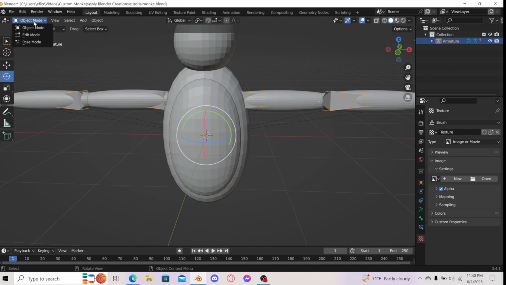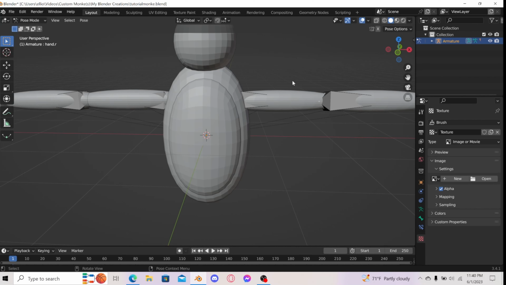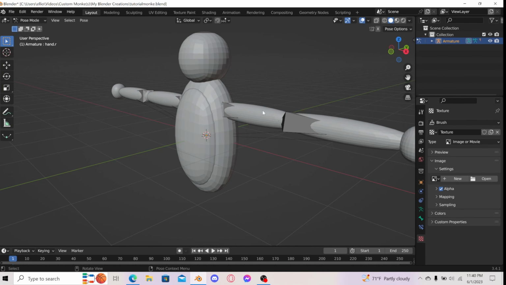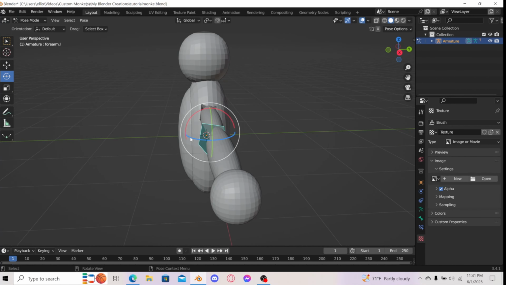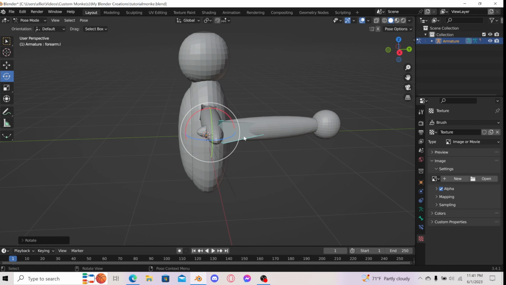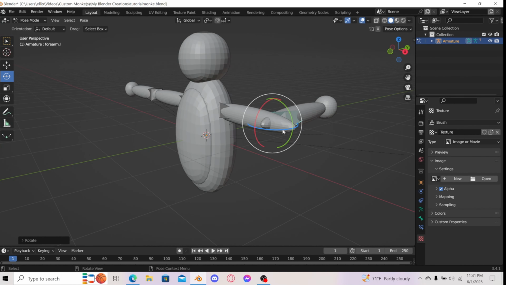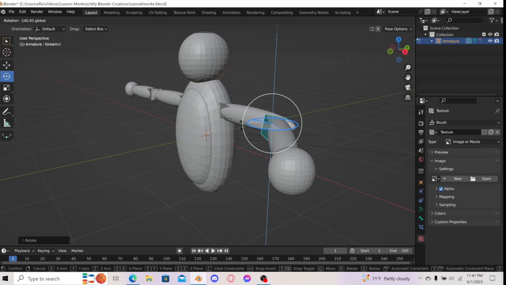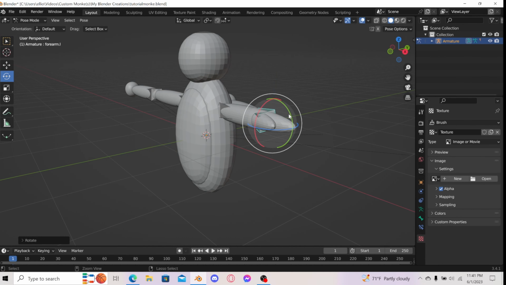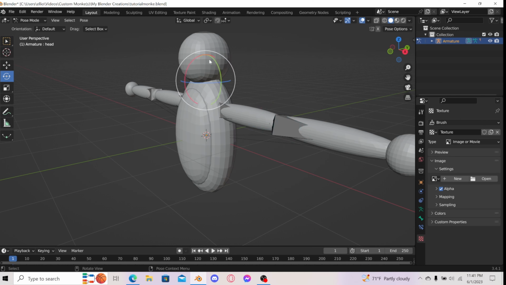And then press object mode, and then change it to pose mode. And then just to test if it works, press that, or just press the bone. You know it's working if the mesh goes along with the bone. But if it's just the bone that moves and not the mesh itself, then you might have something wrong. But yeah, you can now turn the head and stuff,